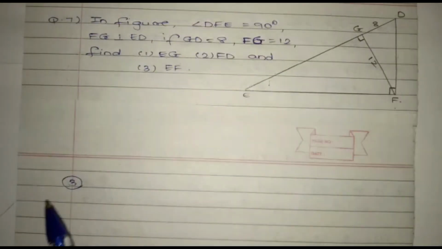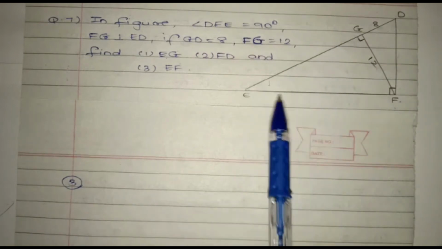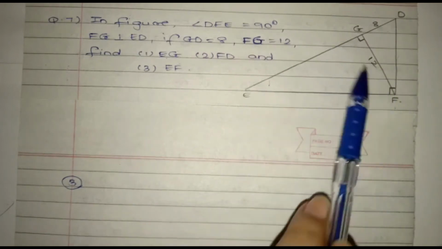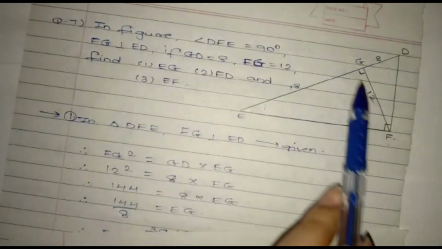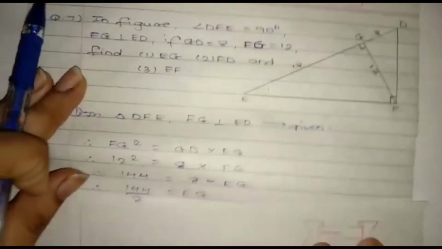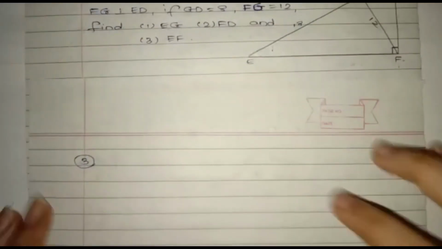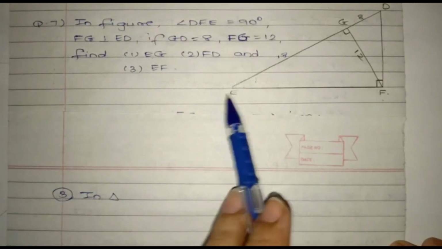Now here for EF, we can see we can use this right angle triangle, that is EFG or EGF. We have found out GE. What is the measure of GE? That is 18. GE is 18. So we have GF, we have GE. So we can find out EF by using Pythagoras theorem. Okay. So I'll write, in triangle EGF,